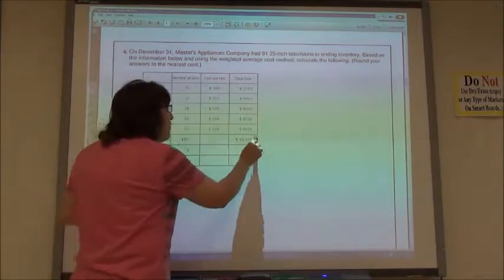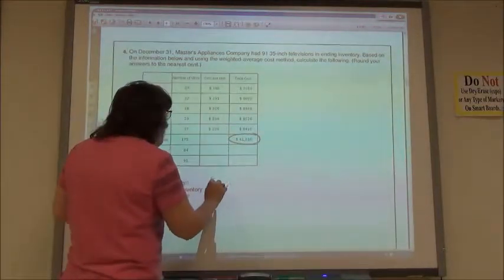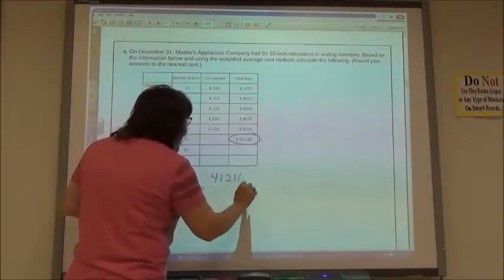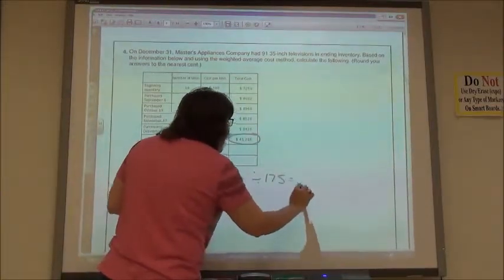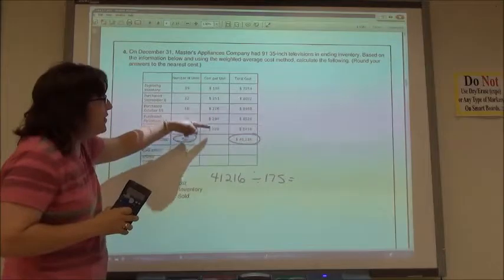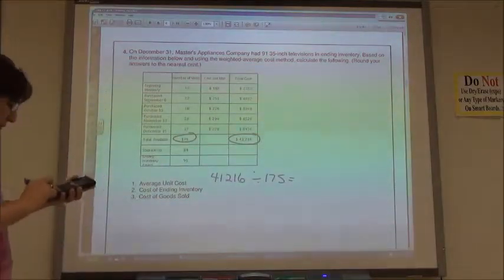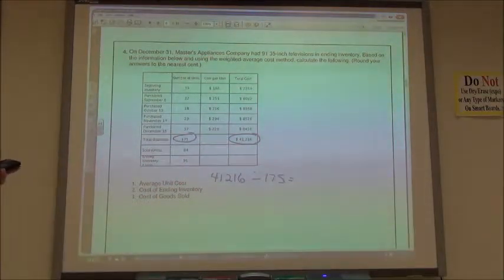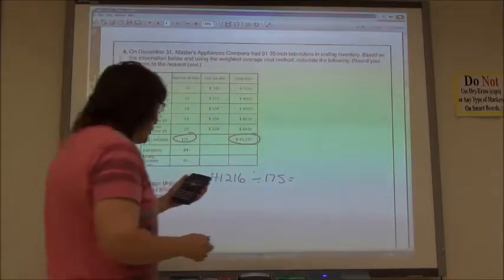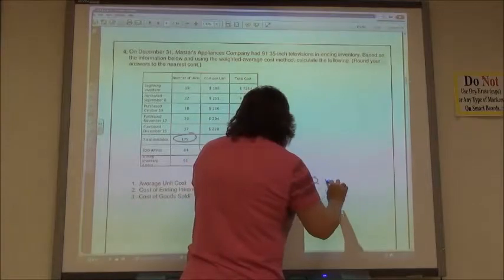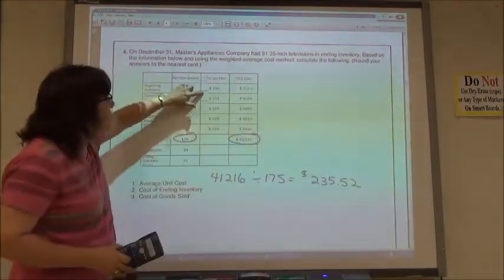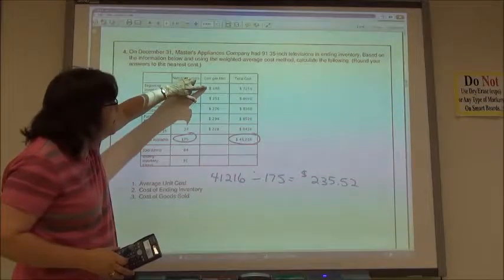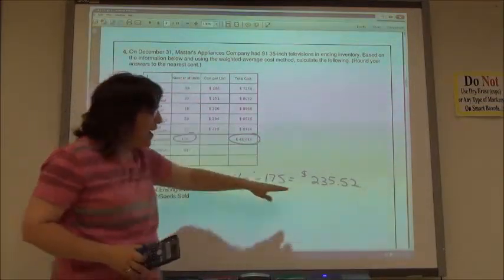So to find the average, we're going to take the cost, the $41,216, and divide it by the total number of units, 175, to figure out what the average of all of this is. So if I take 41,216 divided by 175, my average cost per unit is $235.52. Sometimes I spent a little more, sometimes I spent a little less, right? But my average,